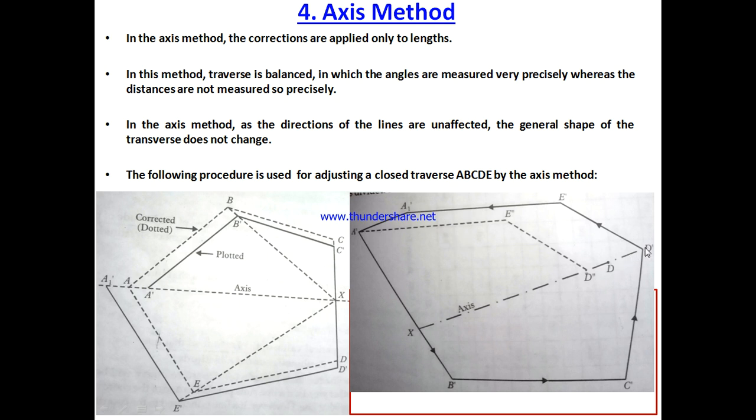We just tried to determine the same amount of error, which is equal to A1' A' here, D' D''. And how have we calculated it? How have we plotted it? By just drawing the lines parallel to and equal in magnitude to the traverse lines which have error. Like here A1' E', we have drawn a line parallel to A1' E' and we have drawn a line parallel to E' D'. So here we got the point D''.